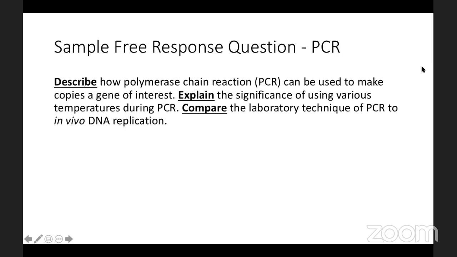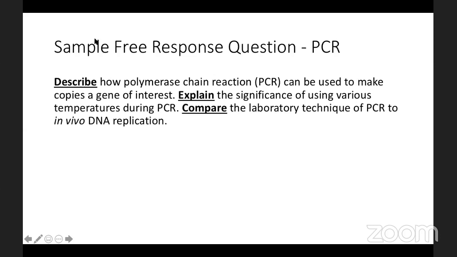All right, so we're gonna start with a sample free response question. I think this is reminiscent of maybe what you'll see for the second free response, where it's not lab or data-based. Instead, it's just concept-based, right? And the concepts that are being covered here are, I'd say, multifold. So it says, describe how polymerase chain reaction can be used to make copies of a gene of interest, explain the significance of using various temperatures during PCR,